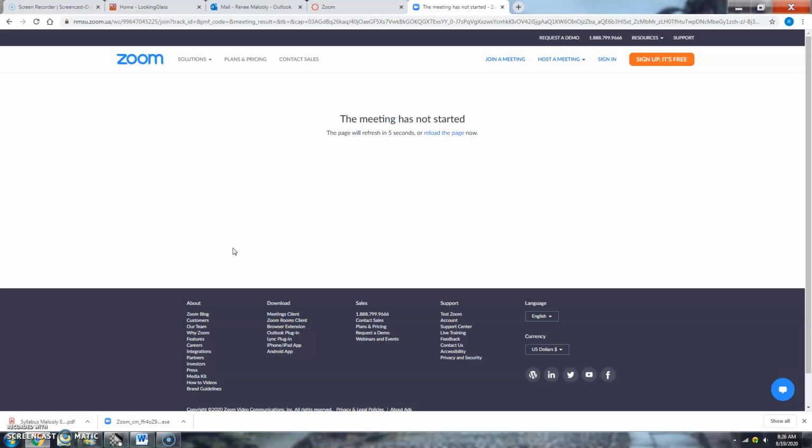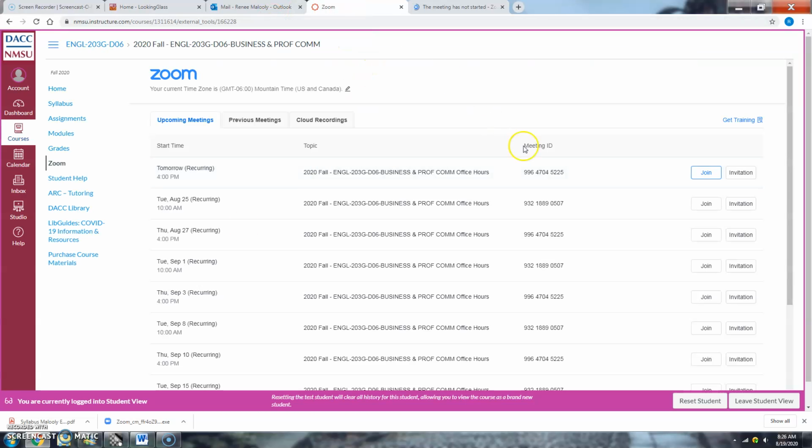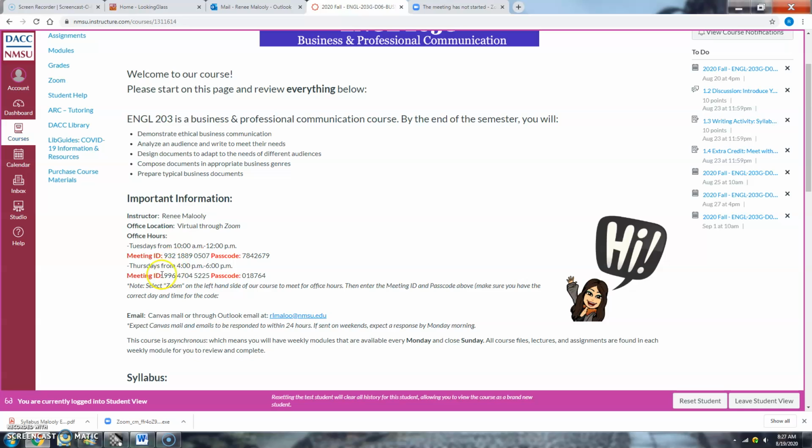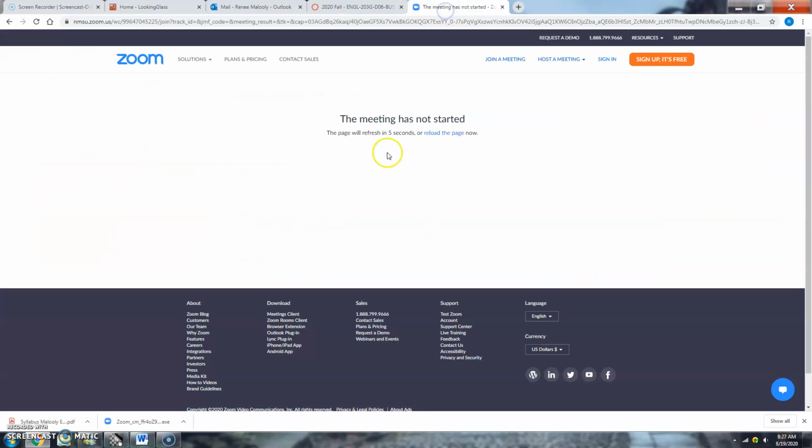what it should do is, I believe it'll require you to type in the meeting ID. So you'll have to type this in, make sure you write that down, and make sure you have the right one, the one for the day that you're logged in. Make sure you write that meeting ID down. You'll have to type that in. You may also be asked to provide a passcode. The passcode corresponds with the day. So if you're meeting me on Thursday, you have that meeting ID right there, and then the passcode is right here. So write down this information, take a screenshot of it so that you're ready to type it in